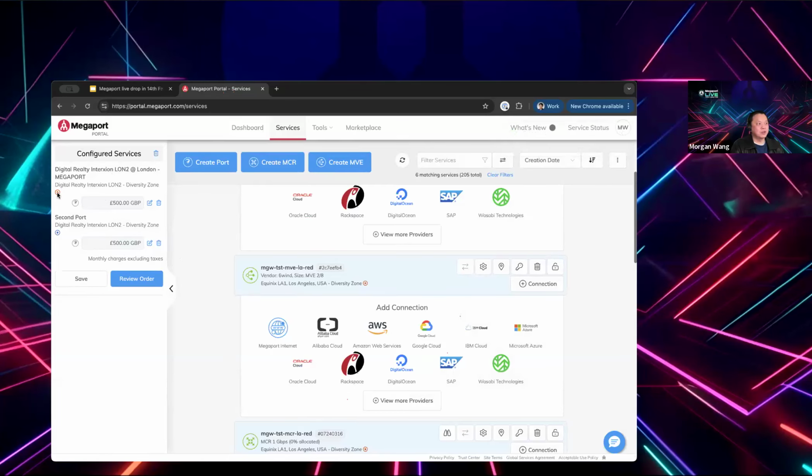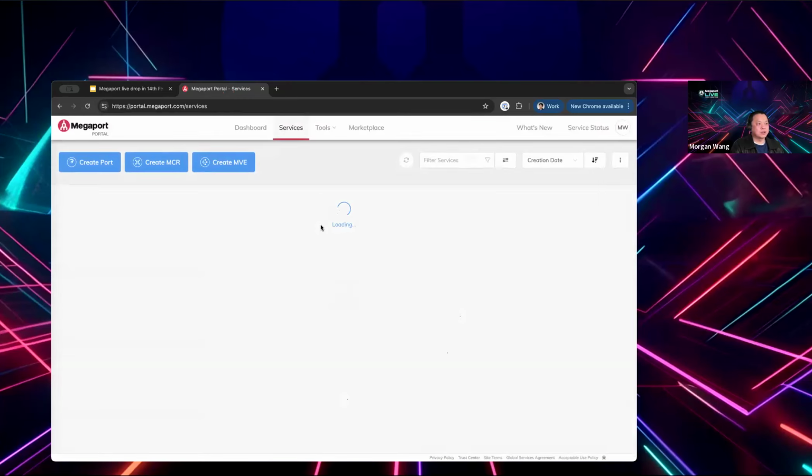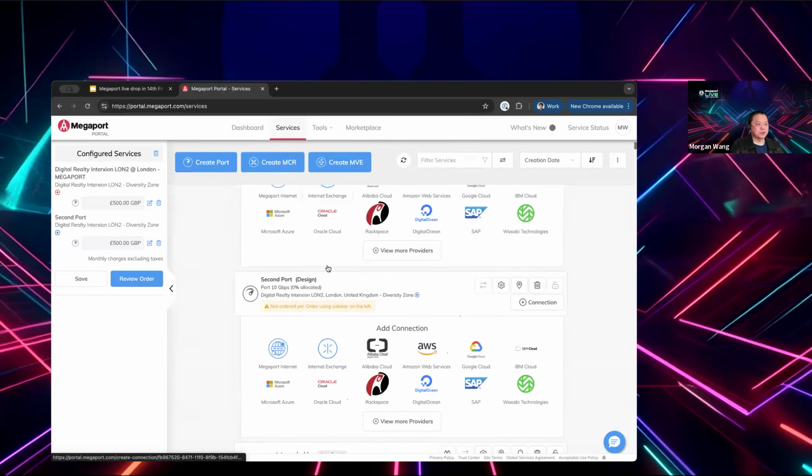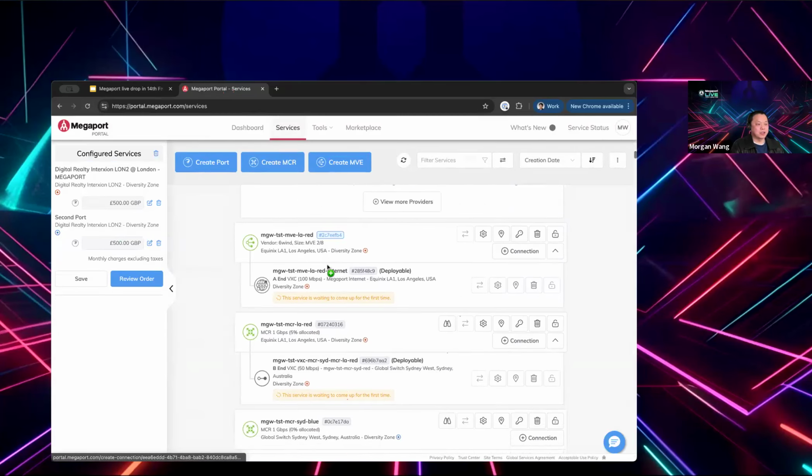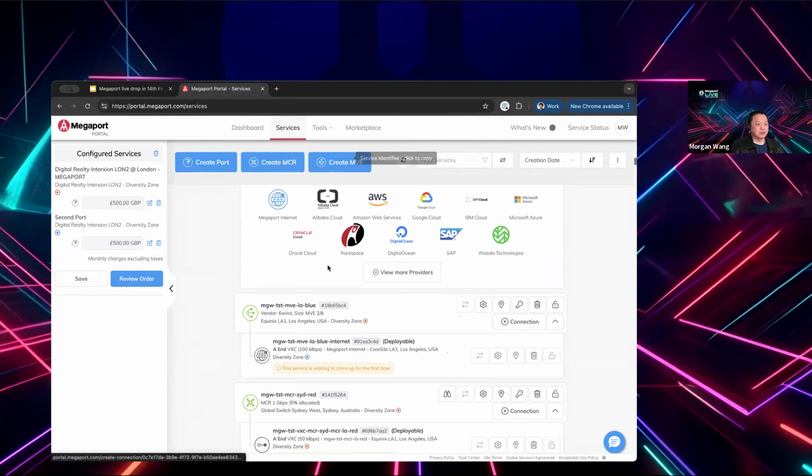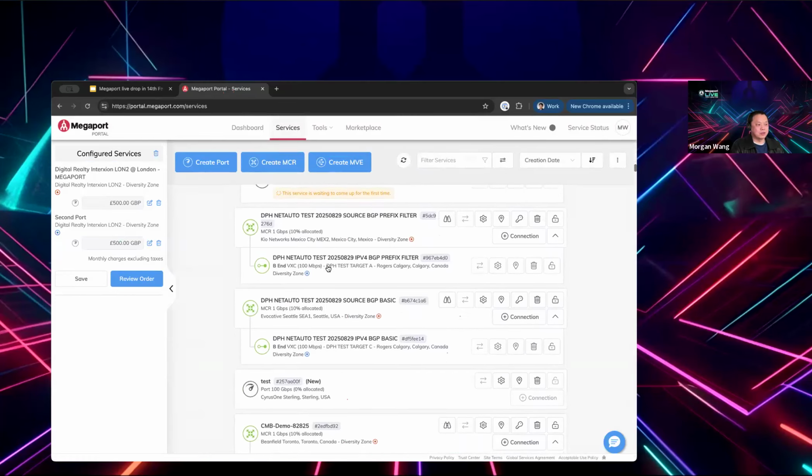While we're talking, in the backend my script is also populating more services to form the global WAN connection I introduced in the session.